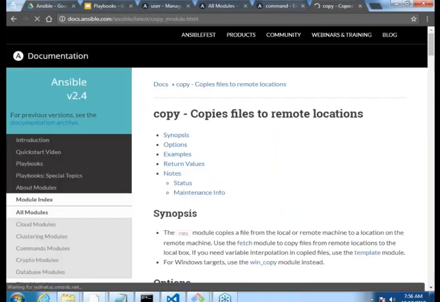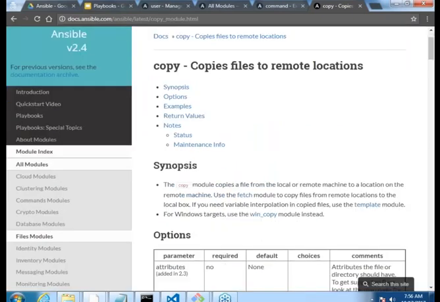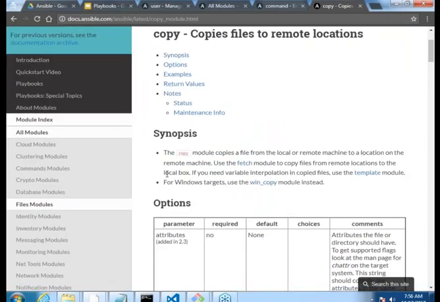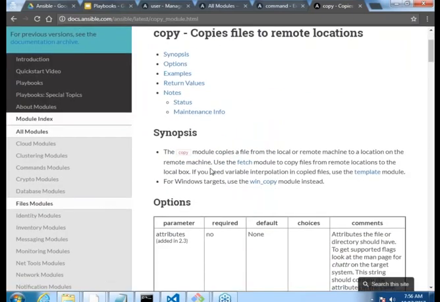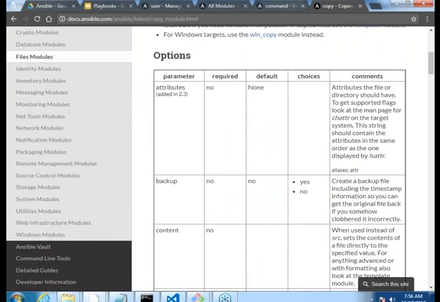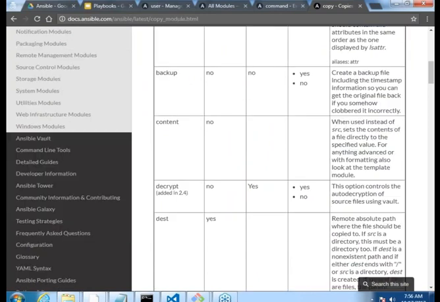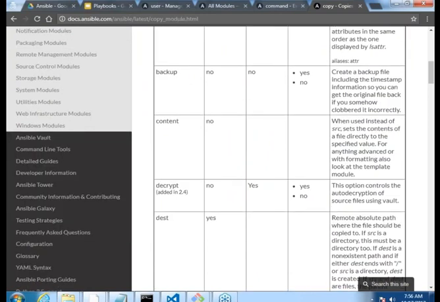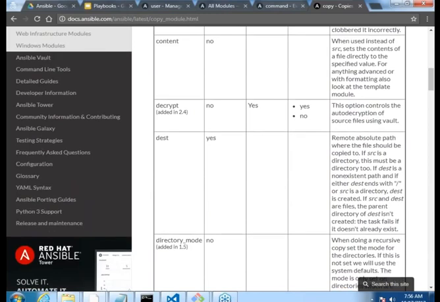The Ansible copy module copies a file from a local or a remote machine to a location on the remote machine. How can I do that? There are attributes. Do you want to take a backup? By default the value of backup is no. Content, decrypt: do you want to enable any kind of decryption?